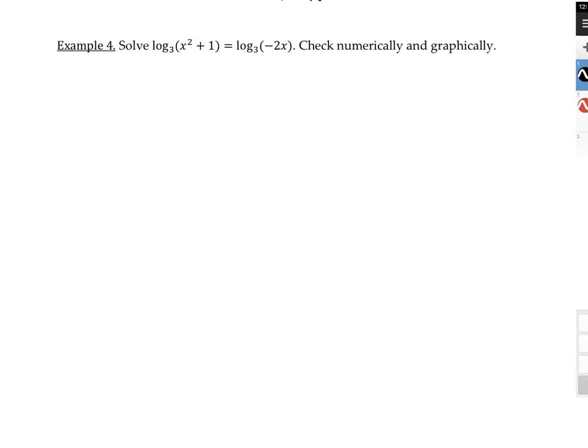Again, we have two logarithms, but we don't have any other numbers. So I have a log on one side and a log on the other side. The best thing to do in a case like this is to use the cancellation properties. So what we're going to do is make my equation the exponent